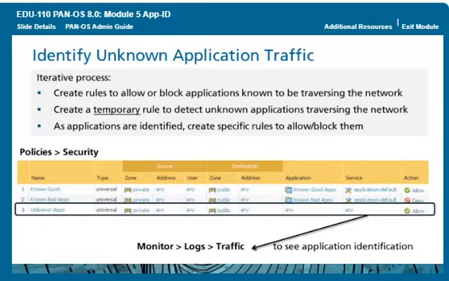The newly identified application is listed in the traffic log. Use this information to create a new rule to allow or block the application. Note, if this last rule was set with the action of deny, in the event of an incoming TCP connection